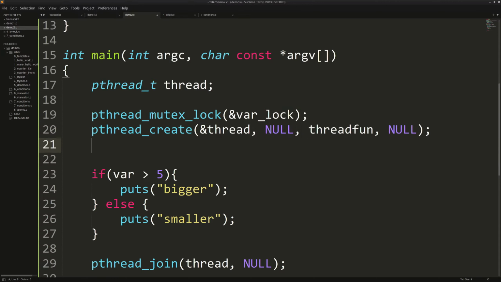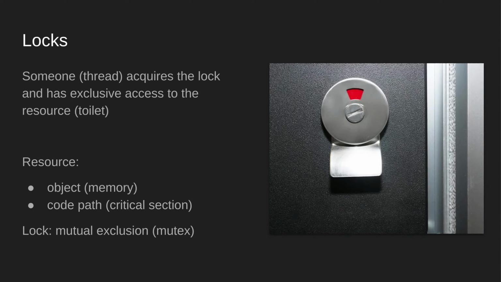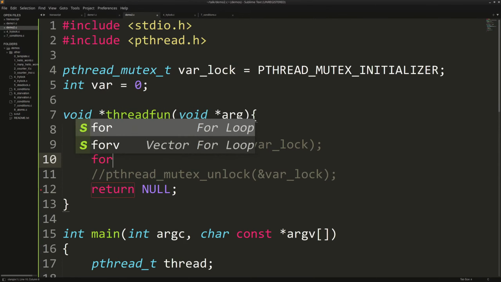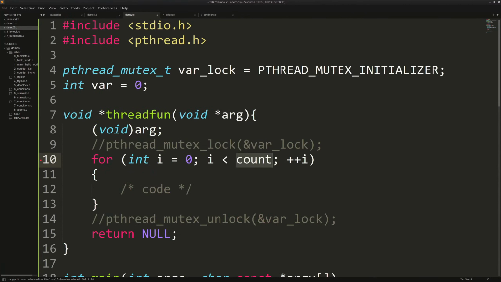And then hold on, actually this won't work. This is not really a good example. Here's a better example. Here's a more fun example anyway. What I'm going to do instead is inside of this function, I'm going to comment this out for a bit. And let's add 10,000 to our variable here.